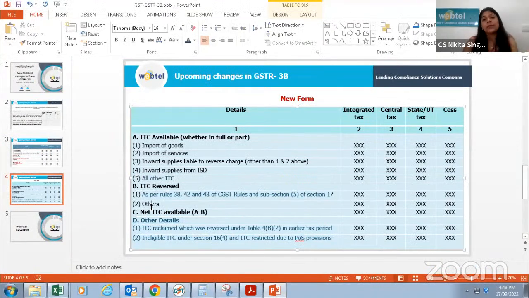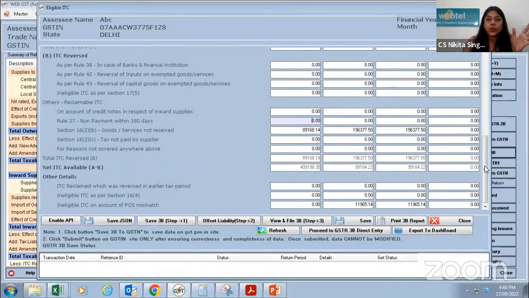that is others. मतलब others में मेरा कौन कौन सा data जा रहा है? 17.5 के अलावा कोई और ineligibility है वो जो है section 16(2)(b)(2)(c), कोई क्रेडिट मैंने प्रीवियस मंथ्स में एक्स्ट्रा अवेल कर लिया था, मुझे रिवर्स करना है इस मंथ में वो, और इसके अलावा मैंने कोई इनवॉइसेस रिजेक्ट कर दिए वो, और मैंने परचेज का कुछ क्रेडिट पहले ले लिया था पर उसकी पेमेंट नहीं की अभी तक 180 डेज में, तो उसका रिवर्स। सो ये सारा डेटा मेरा 4B2 में चला जाएगा। ओके, एंड देन आई विल गेट नेट आईटीसी अवेलेबल। रिवर्सल माइनस करने के बाद टोटल आईटीसी में